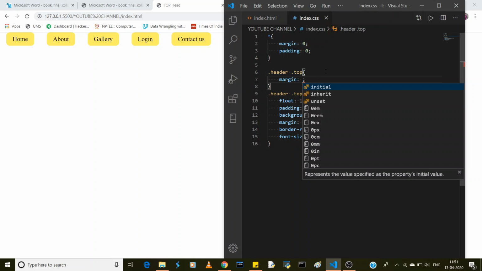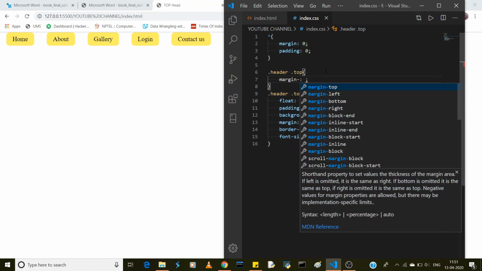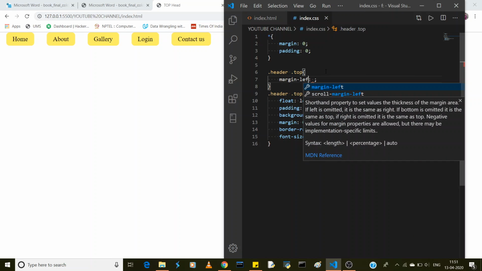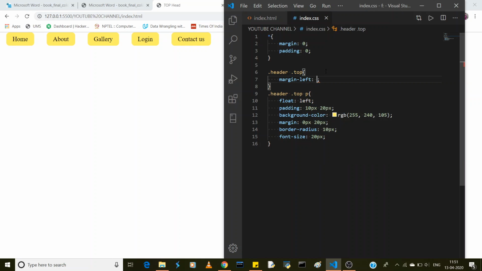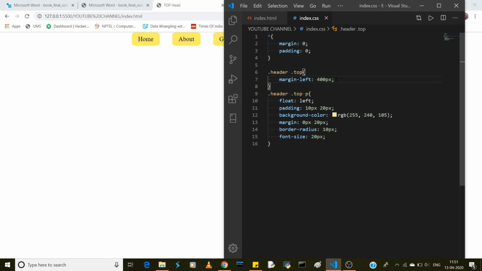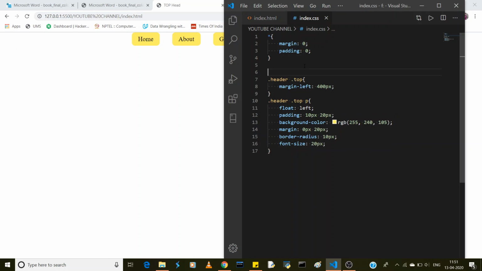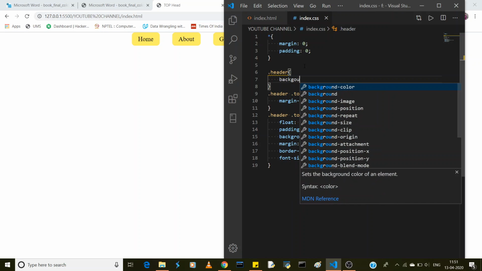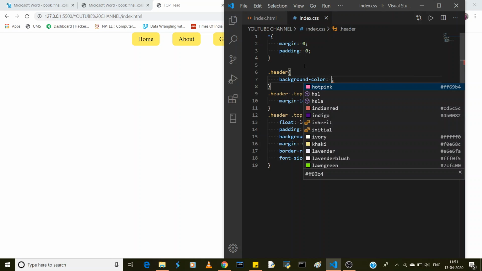If I set margin left, I will take nearly 400 pixel, so it is nearly at the center. Okay, so now I wanted to create a background color for this header. For example, black